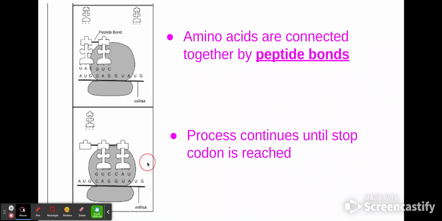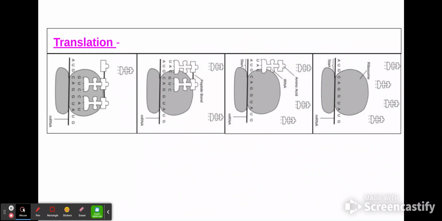We all good? So we're going to turn our sheet sideways then. And we're going to write down that this whole process is called translation. We're translating the letters from the messenger RNA, the base letters, into a new language, the language of amino acids. So translation is converting mRNA into, you can either say amino acids or proteins, either one. And what part of the cell is all of this happening in? The ribosome. So remember, the first one started in the transcription